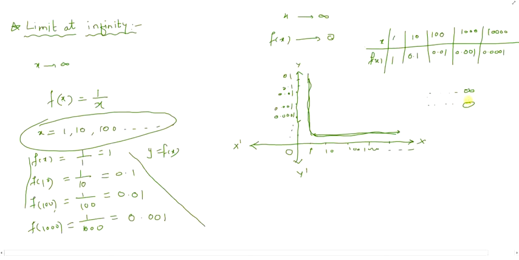That is, it approaches nearer and nearer to 0. Because our x does not become infinity, it has some value. Therefore, f(x) also does not become 0, but it takes values nearer and nearer to 0. Let us see, students, I want to explain this to you again.